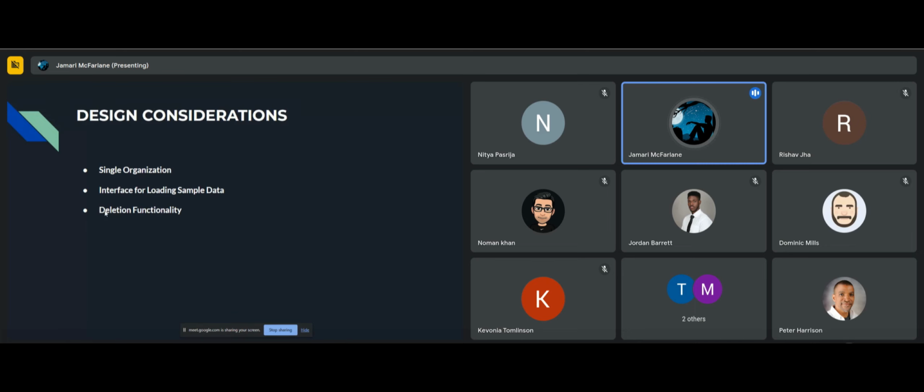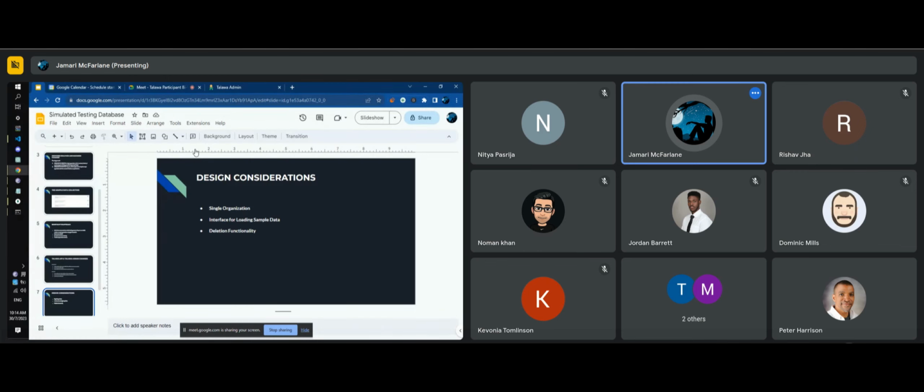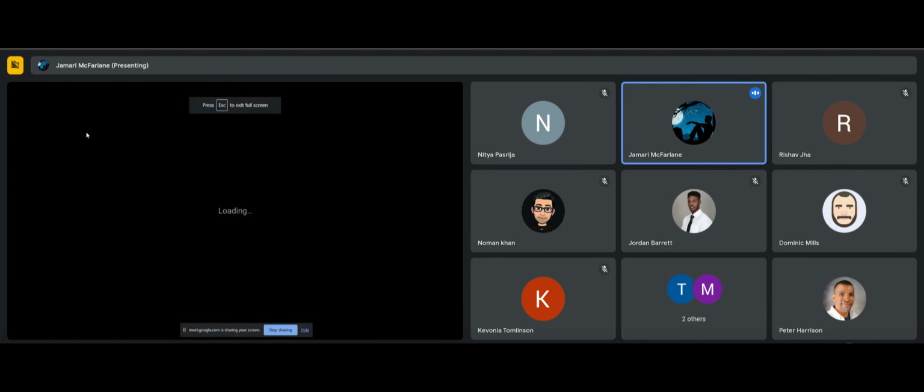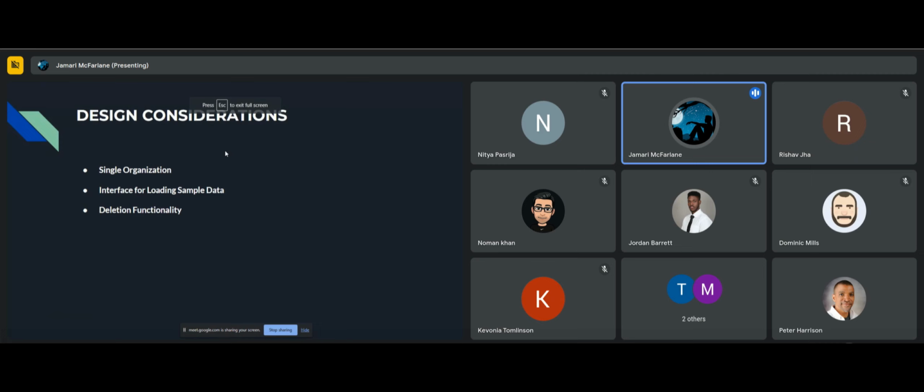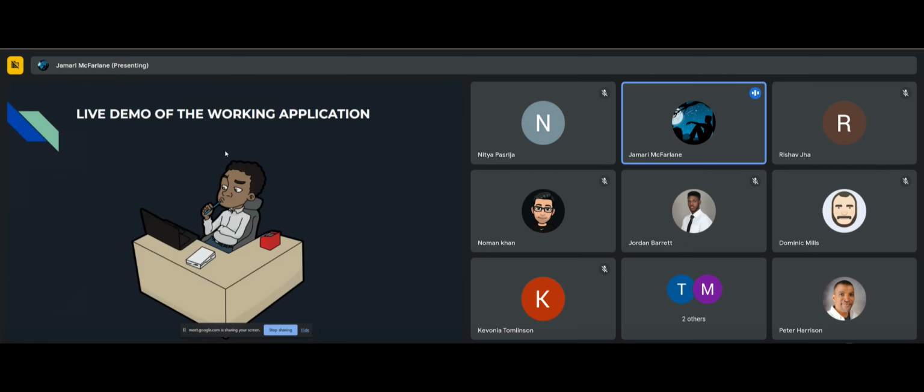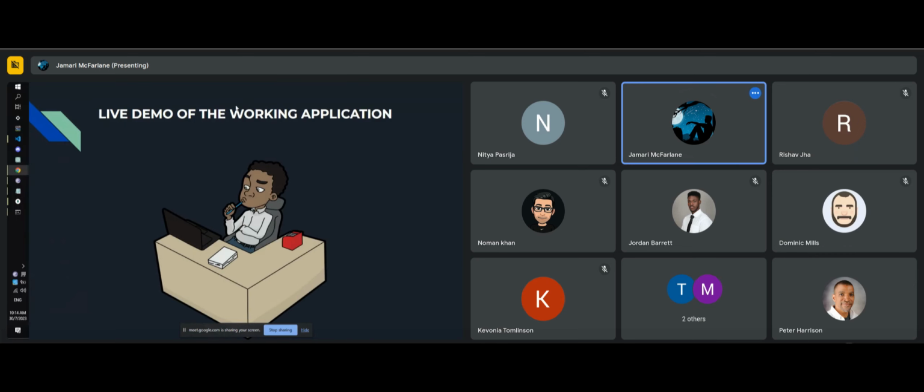And as I mentioned before, also in production, it would be good to be able to add and remove the sample data. So I'll get into a live demo of the